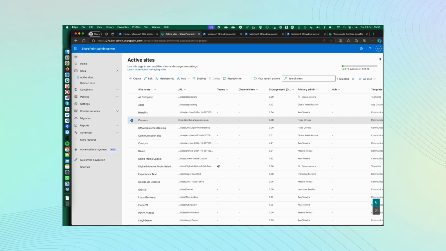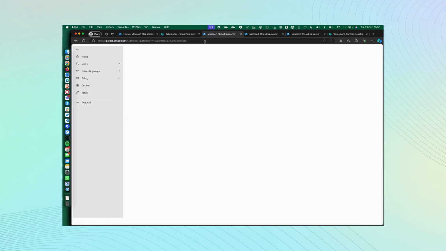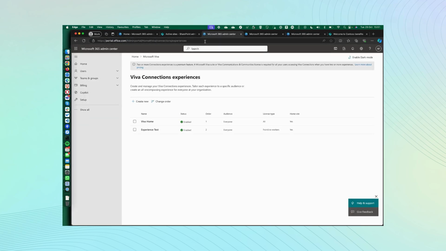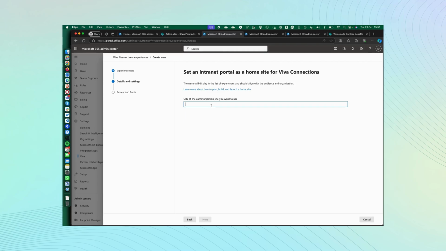But don't forget to reactivate the Viva connection experience. So let's go back to the Viva connection experience. Let's refresh the page and you will see that we need to create a new Viva connection experience. Press new and then build from an existing portal to set home site. Press next,